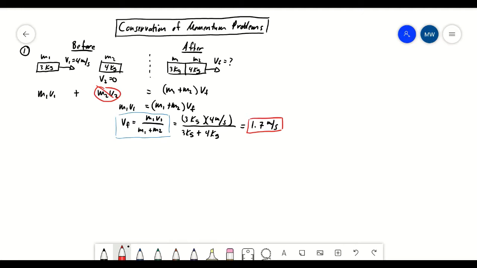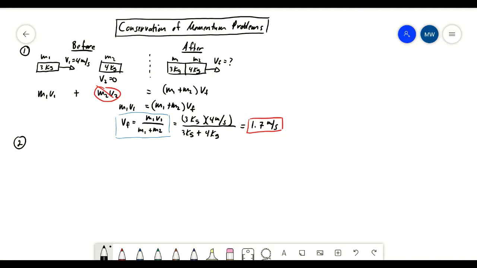So that's the first problem. That's how we solve our conservation of momentum problem for number 1. The second one, which I am going to try to squeeze in over here, we'll see if we can make it work. There's an ice skater, and the ice skater is sliding along, we'll say on frictionless ice, and has